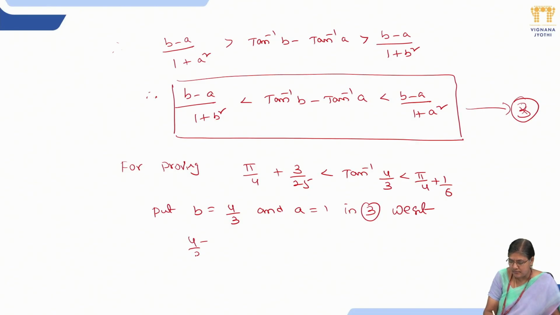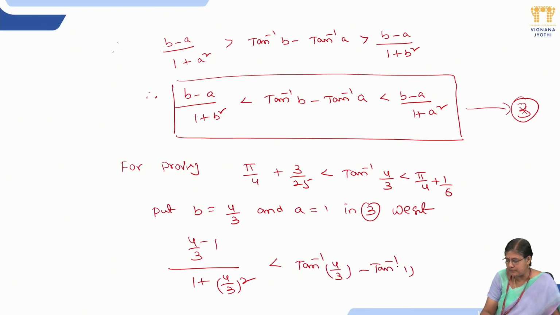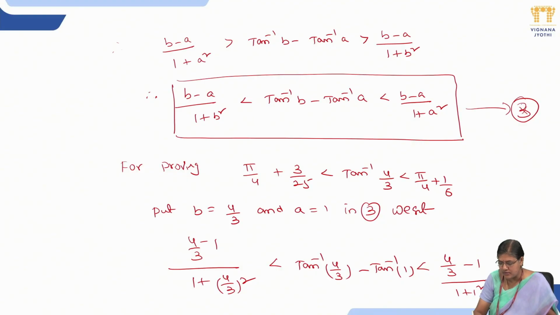4 by 3 minus 1 divided by 1 plus 4 by 3 whole square is less than tan inverse 4 by 3 minus tan inverse 1 is less than 4 by 3 minus 1 divided by 1 plus 1 square. This is coming from substituting b is equal to 4 by 3 and a is equal to 1 in the third equation. By simplifying, we have